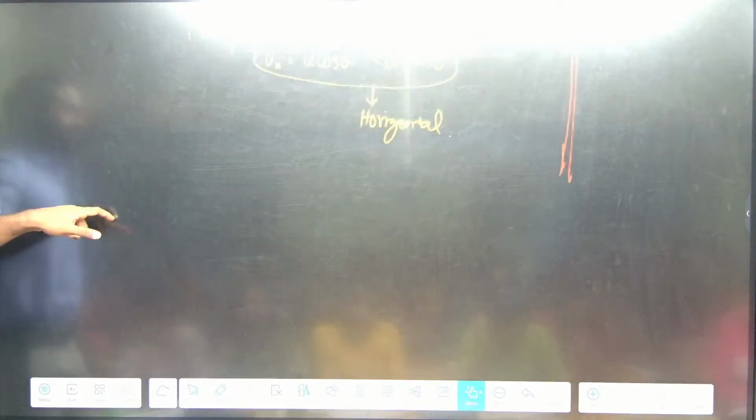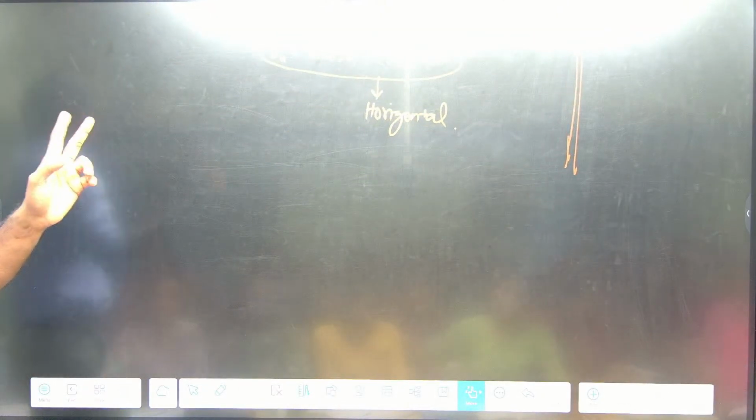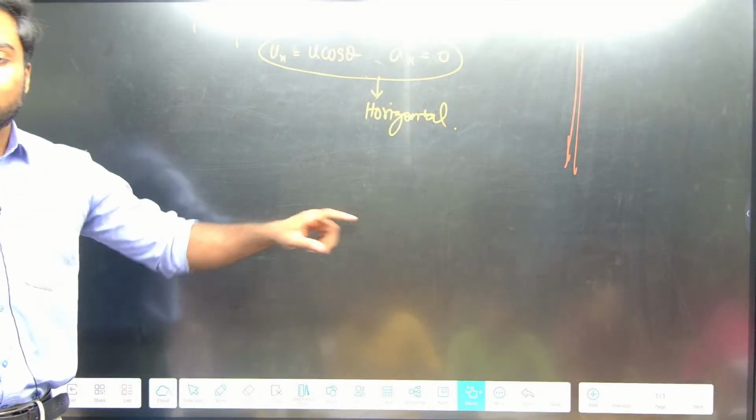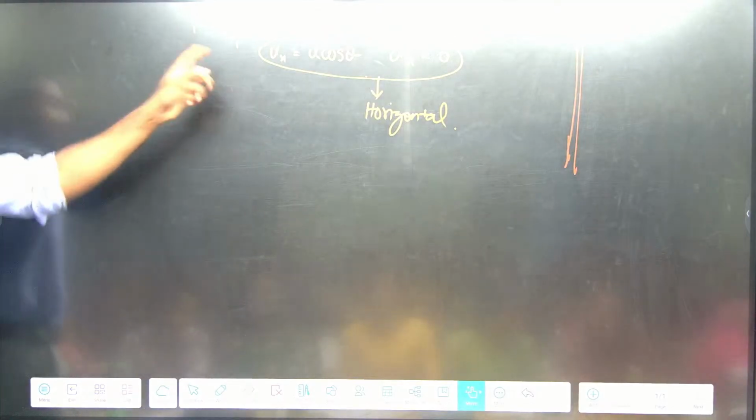Okay. So, we will analyze separately. One is horizontal separately and vertical separately. For analyzing the things we have taken the components separately, no. So now we can use the kinematic equations. What are the kinematic equations? v is equal to u plus at, v square minus u square equals to, then